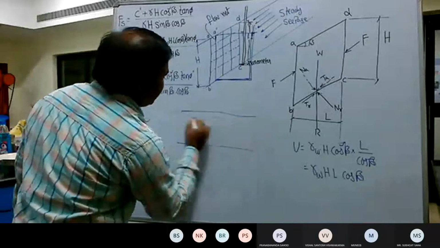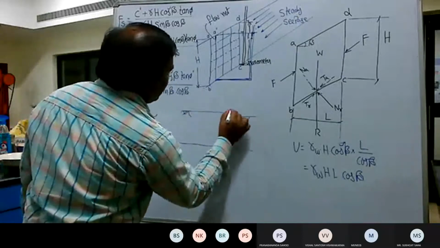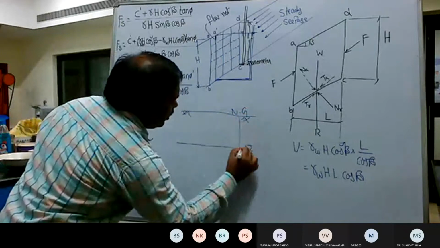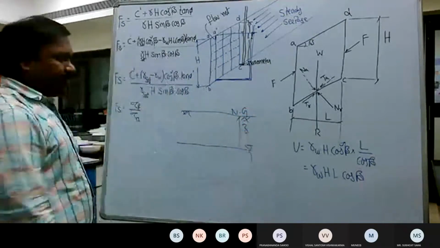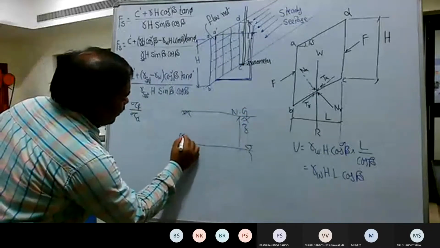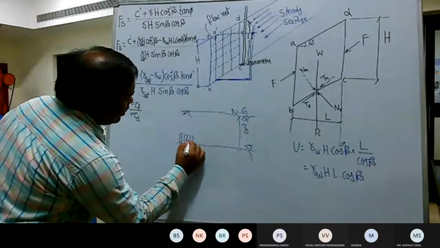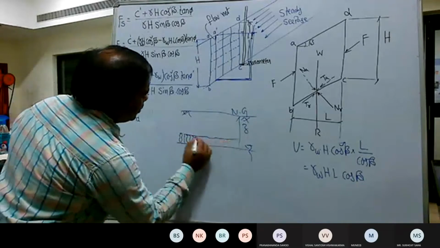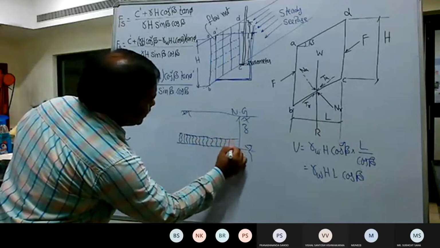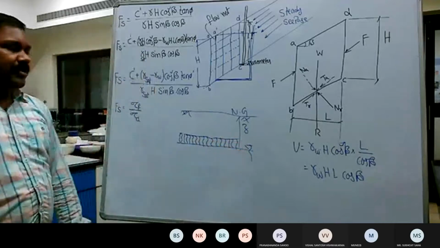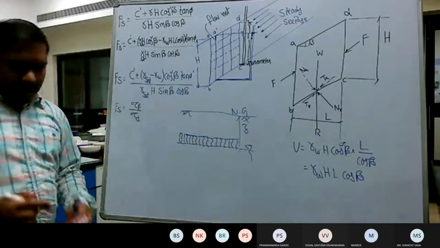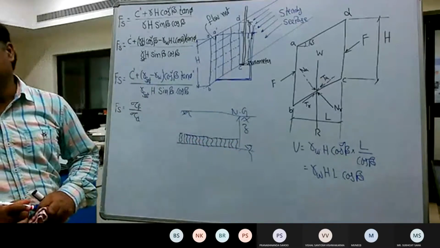Okay. So I am taking, say this is the natural ground. This is natural ground. And this is the water table at a depth Z. Okay. So this is the soil. You also know there is some kind of the capillarity. So this is some kind of the capillarity. This is capillary rise. So now you just tell me, where is the gamma sat and where is the gamma submerged?